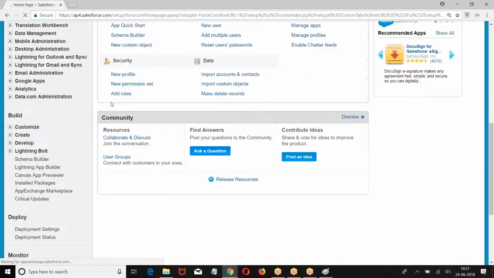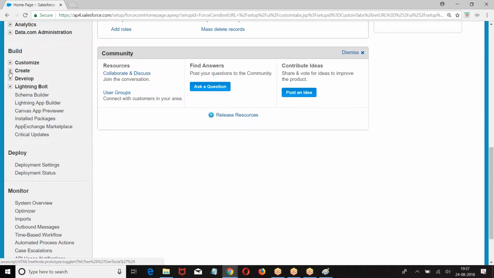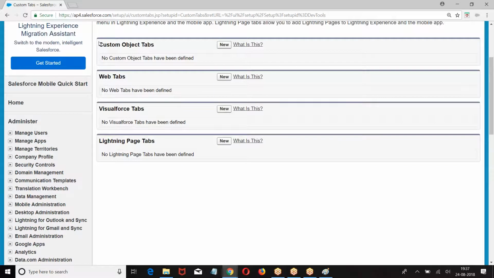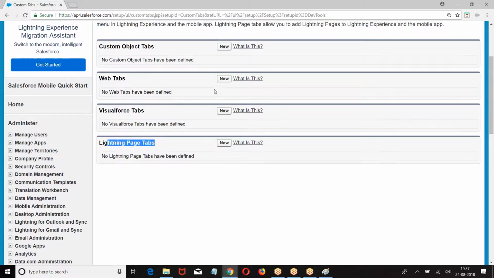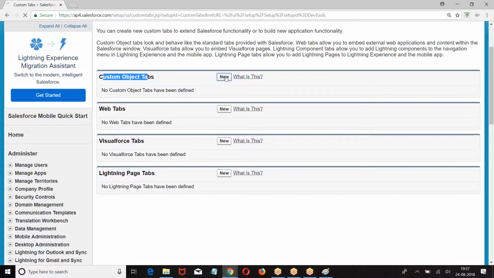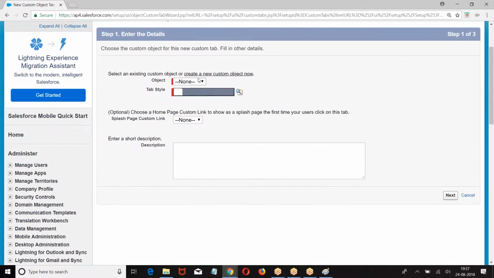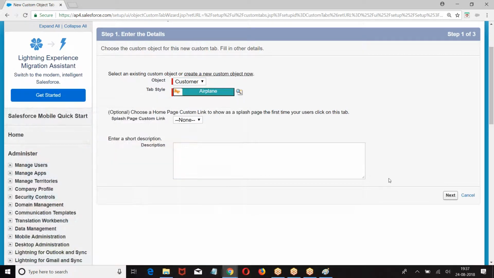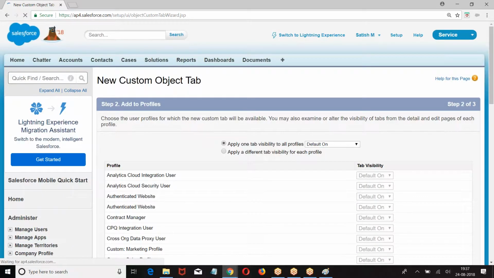Setup, Build, Create, Tabs: custom object tab, web tab, Visualforce. Custom object tab. Next.